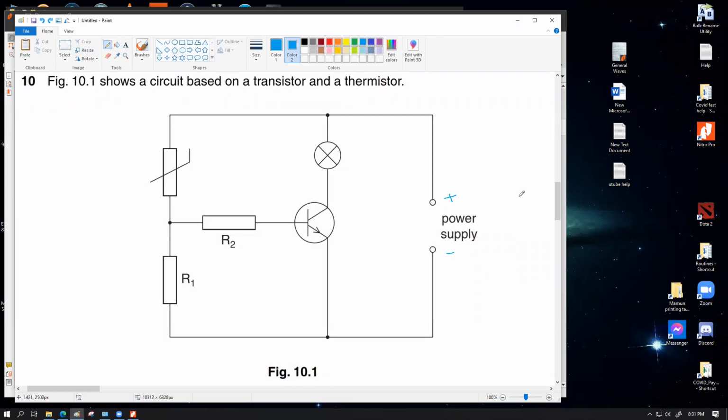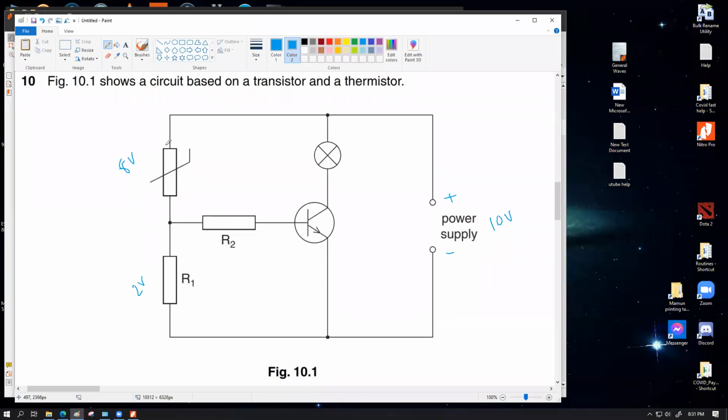So let's say this power supply is of 10 volt. If it so happens that this thermistor is currently working at a low temperature, the thermistor has high resistance. So this voltage is going to get divided between these 2 points. If this thermistor uses up, let's say 8 volt of the supply, then 2 volt would be available for this one, because this junction is working as a potential divider for this supply voltage,